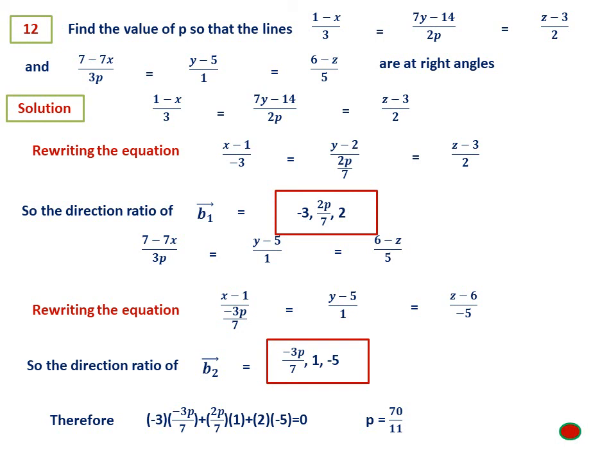So let me remind once again, whenever this type of question is given, the first thing you have to do is, if the given equation is not in the standard form, convert it into standard form. So that's the first thing. Directly don't take 3, 2p and 2 etc. Then you are wrong. Next question.